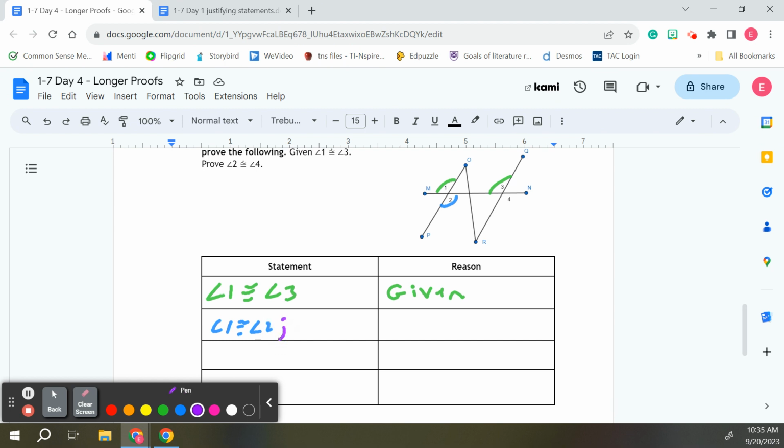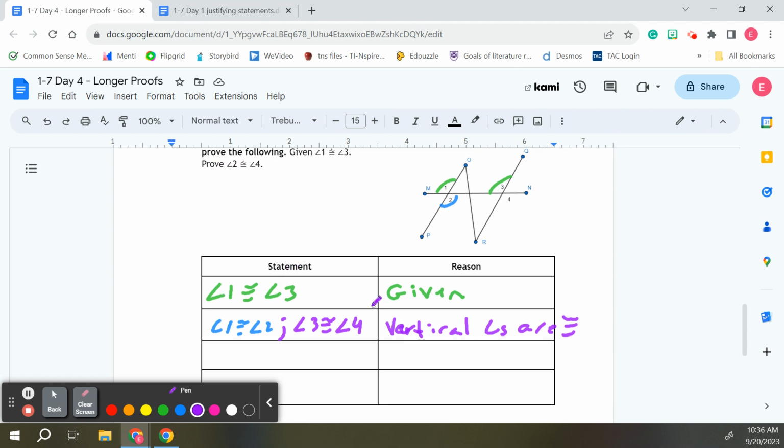So I'm just going to kind of do this. And that would be by vertical angles are congruent. Or you could also state vertical angles theorem. Both work. All right. Now, if I look at this, I see that my goal is to get 2 and